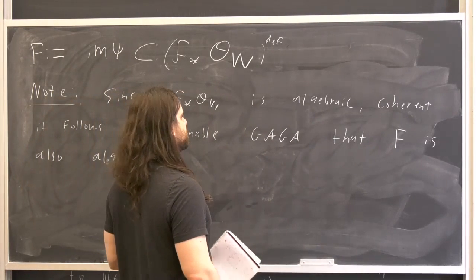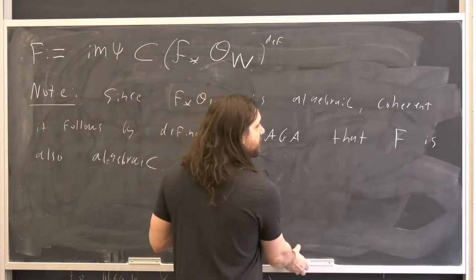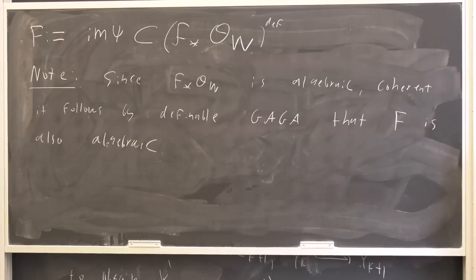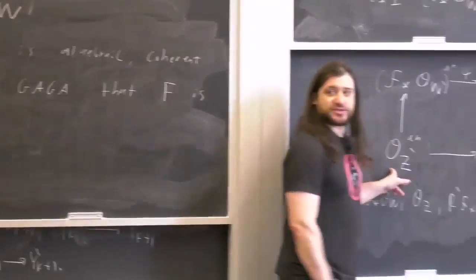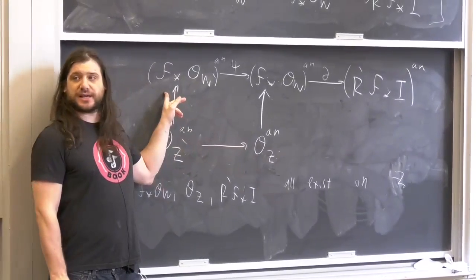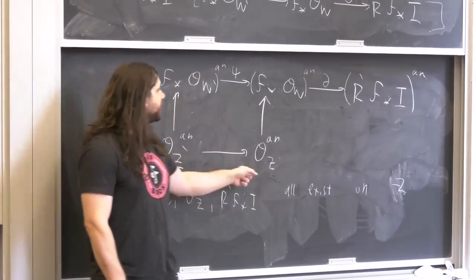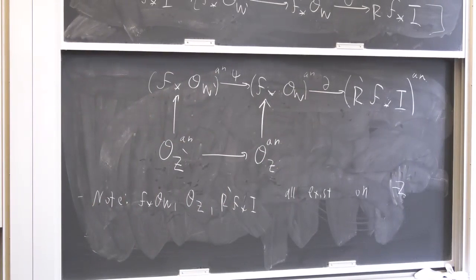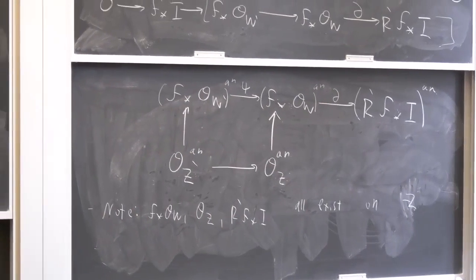This capital F is also algebraic. Now, finally, we have to define something algebraic to sit here, which will map to both of these spaces in such a way that the composition map is 0. So what we do